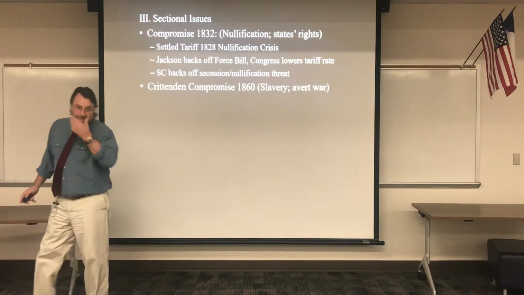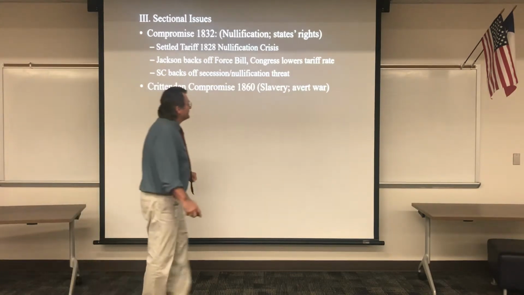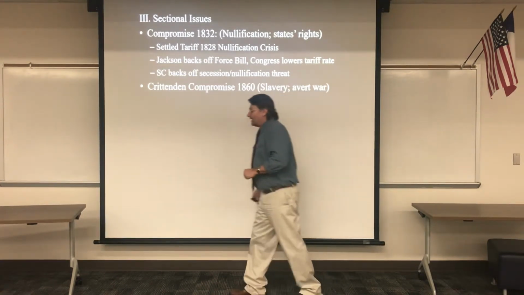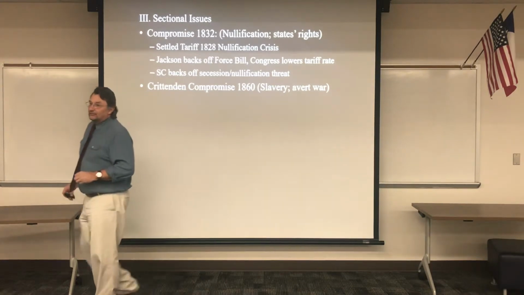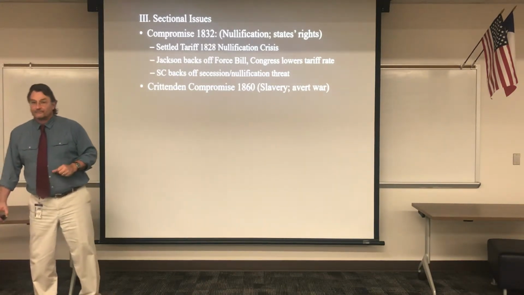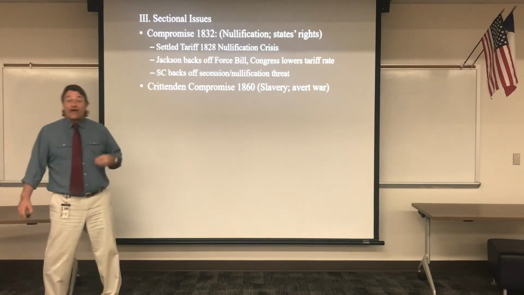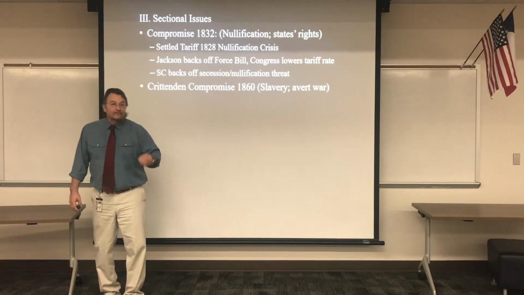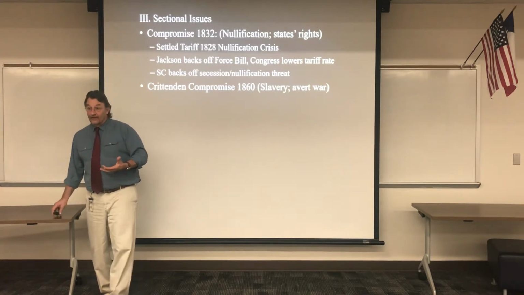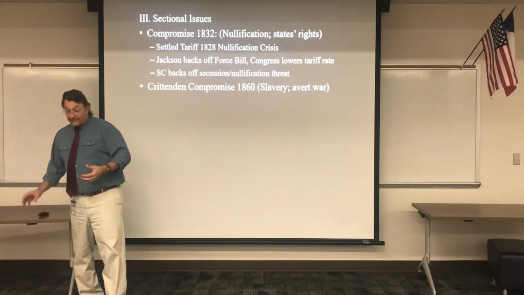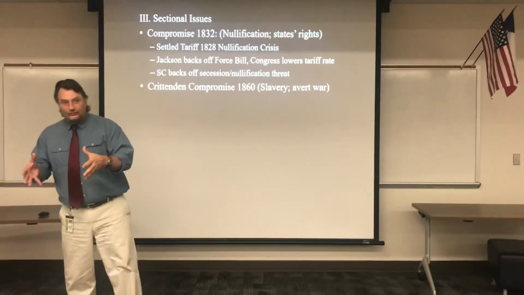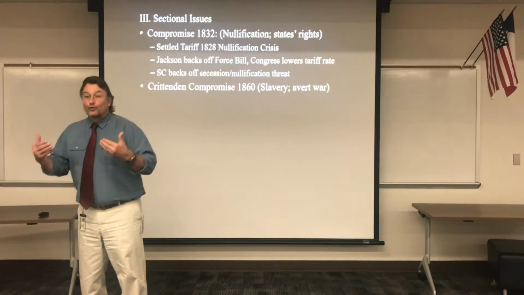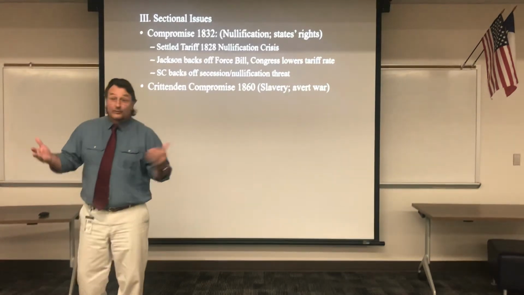The next one, Crittenden. John Crittenden of Kentucky does not want to see the country go to civil war. At this point, South Carolina and seven southern states have already seceded. The Confederate States of America already exist. And there's a very strong chance that the Union is going to try to supply those soldiers that are left in Fort Sumter. If they do that, the South will fire on them and we'll be at war. So Crittenden is trying to avert war.